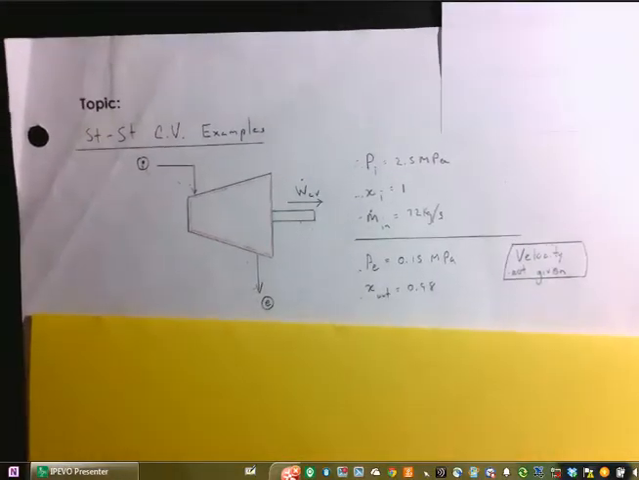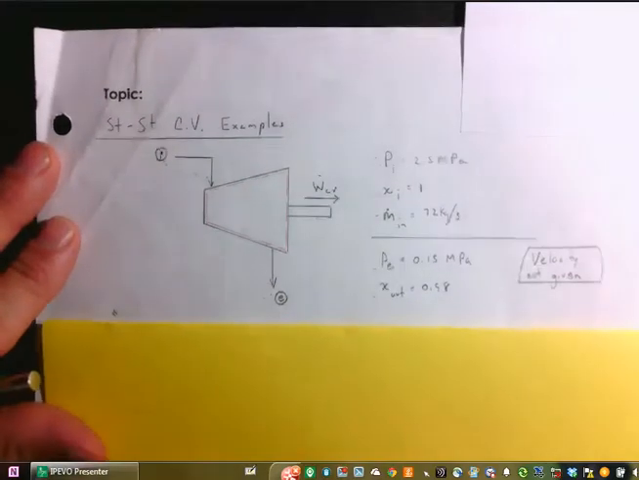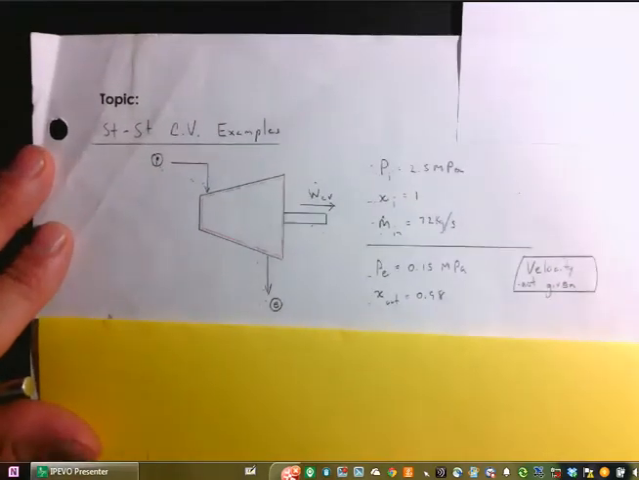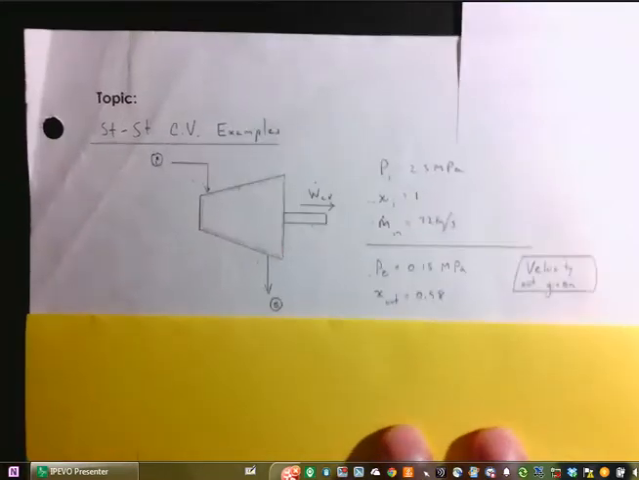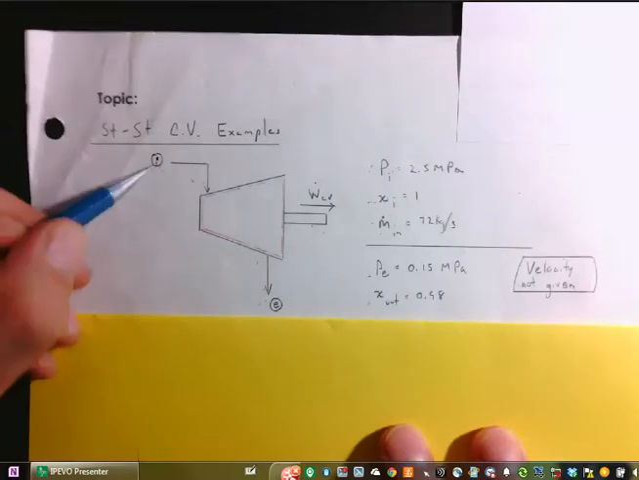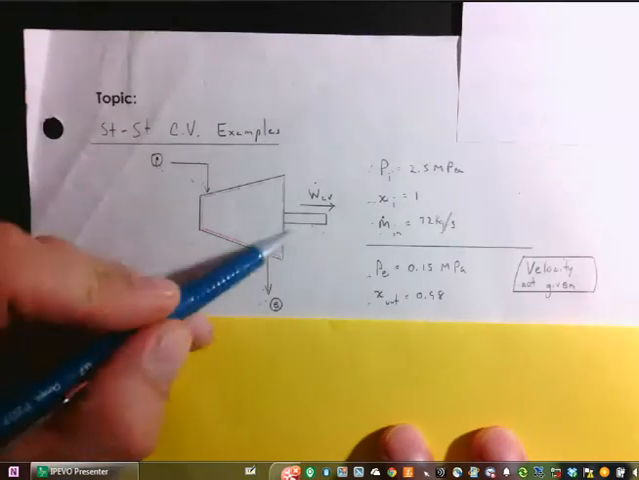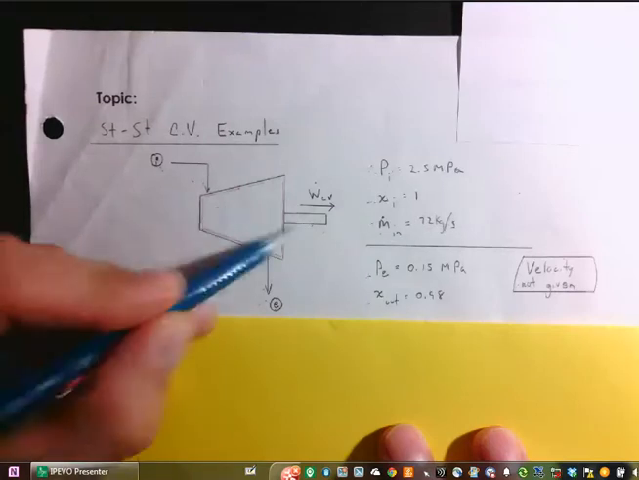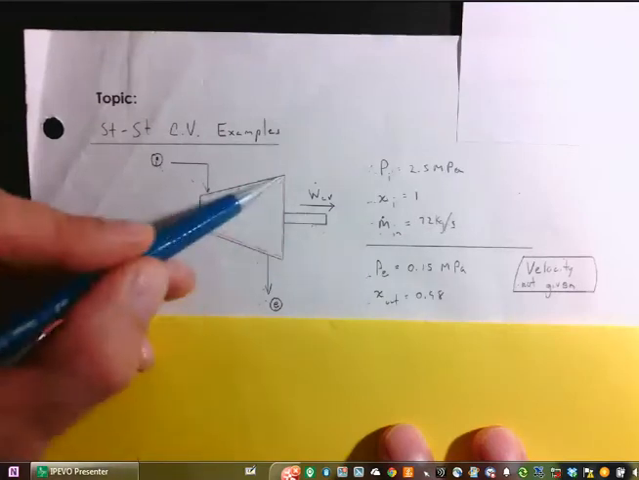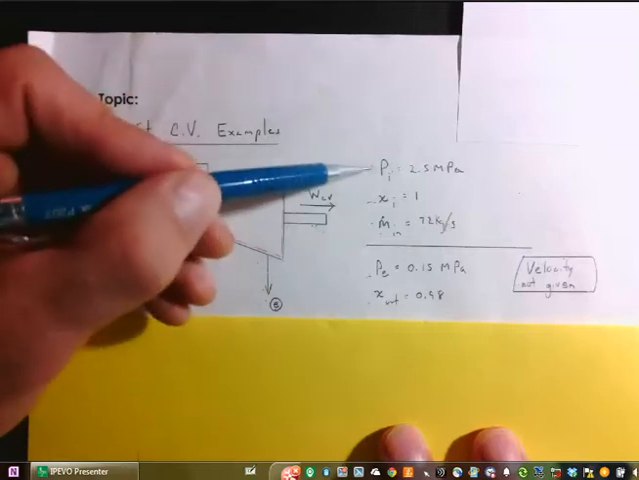This is a steam turbine example problem illustrating the use of control volume analysis for the first law of thermodynamics. We have one inlet, one outlet. We have a shaft that is transmitting work from the turbine outward. We have a control volume, and we have these inlet conditions: inlet pressure,